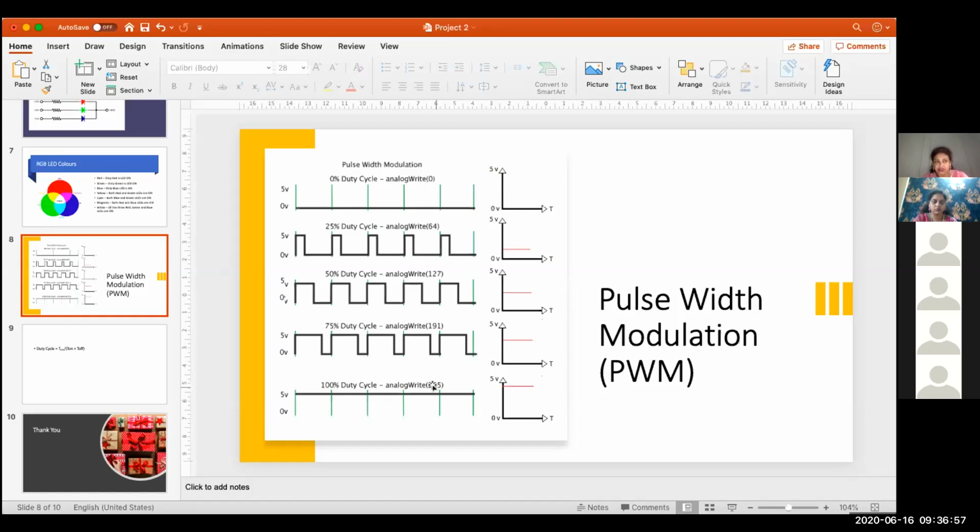So variations in voltage captured by the Arduino will be converted into variable numbers or variable duty cycles on the PWM pins. Those variable values ranging from 0 to 255 on those PWM pins will be generating a proportional output voltage on the PWM pins. Now my RGB LED terminals, if I connect to the PWM pins, will have different voltages, and accordingly the brightness of the RGB LED is going to change. This is the complete picture.